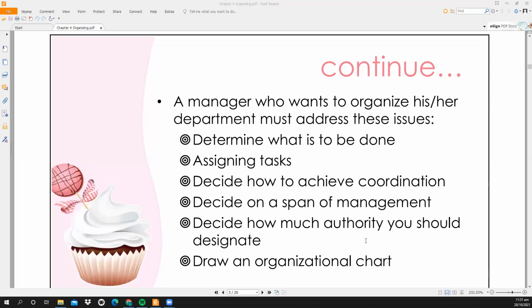Design a span of management. Of course, we have a timeline again. So every time we have a project, there are activities that need to be done, and we should put deadlines or a timeline on it. Decide how much